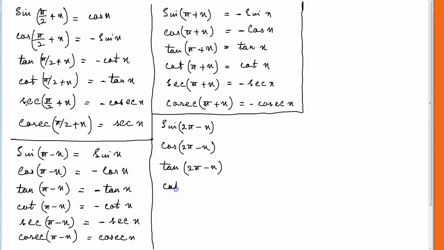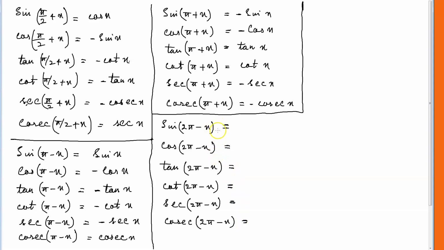Then we had the cot of 2 pi minus x. Then we had the secant of 2 pi minus x. And then we had the cosecant of 2 pi minus x. And this is equal to basically